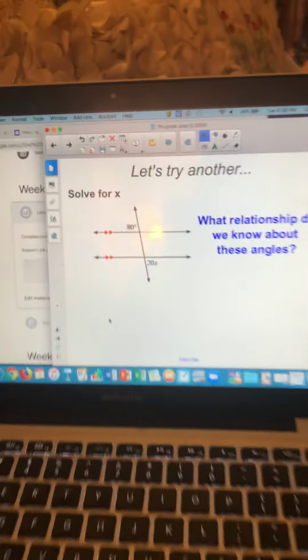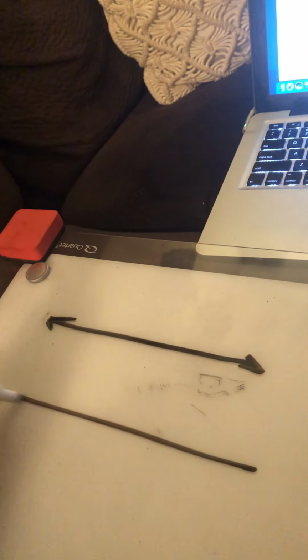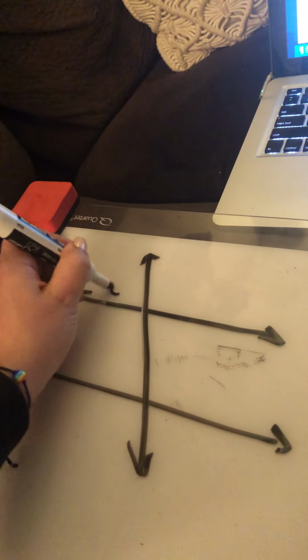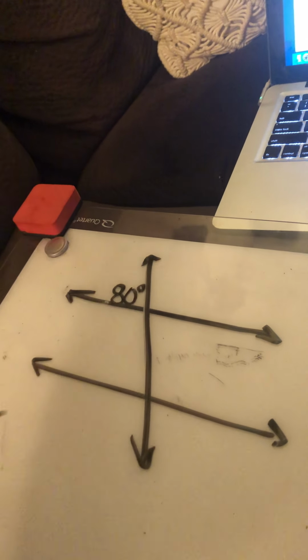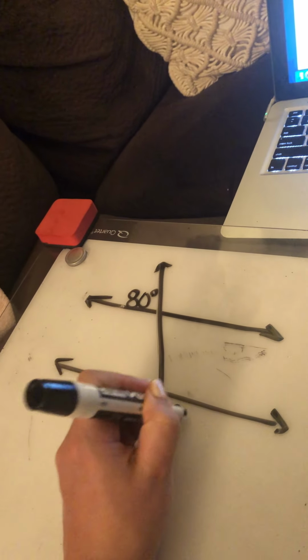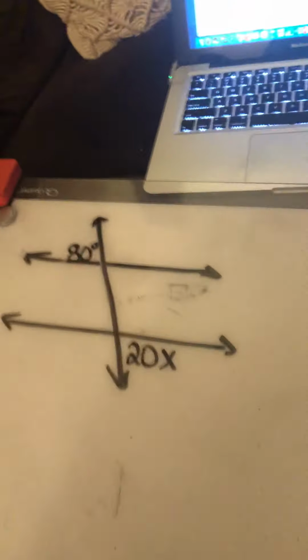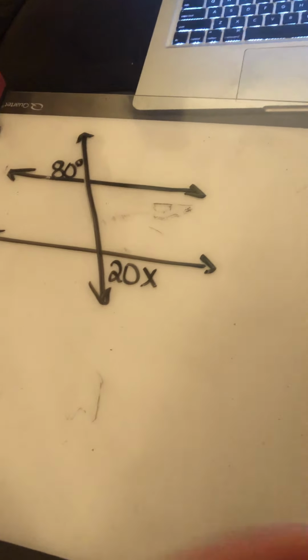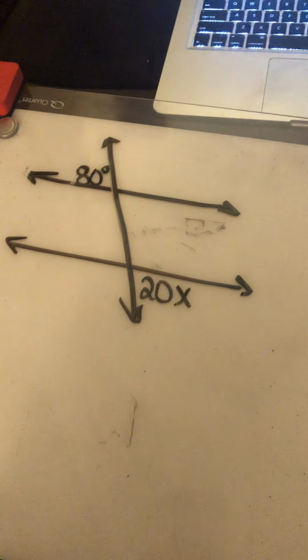Okay, let's do another one. So this time we have a different diagram. I'm going to draw it for us. Okay, the line's going down here, and we have 80 degrees up here, and we have 20x over here. Okay, so given this diagram, using our steps, the first thing you want to think about is, what is their